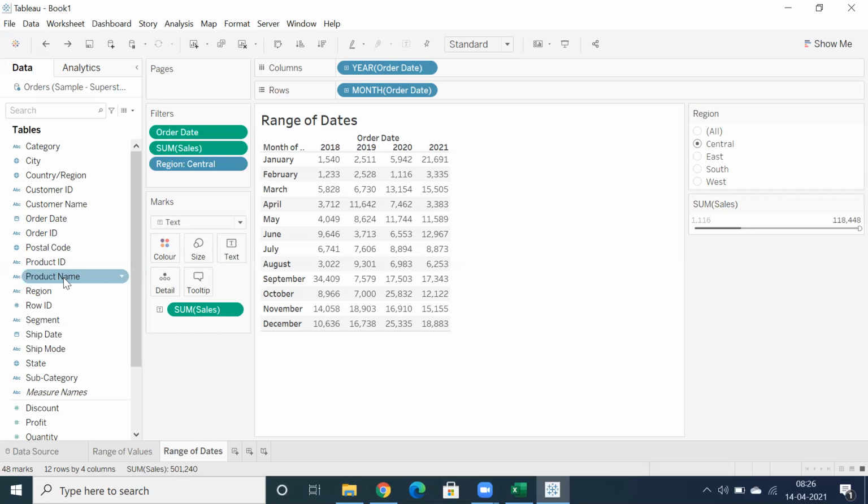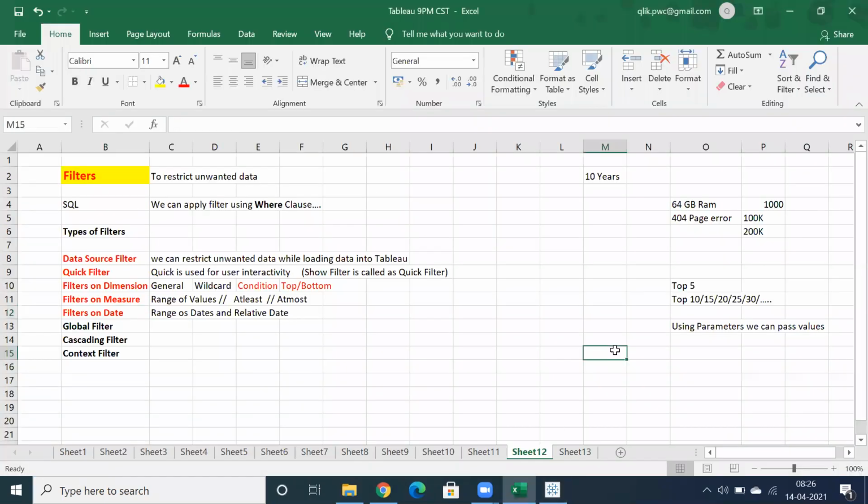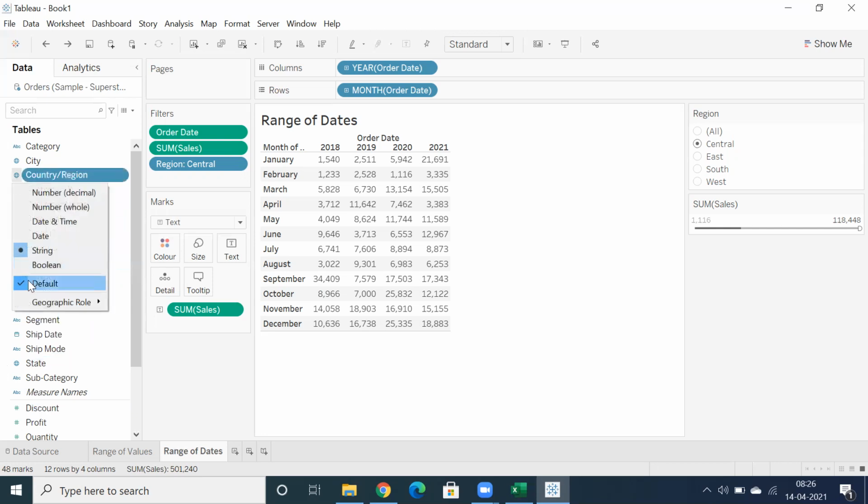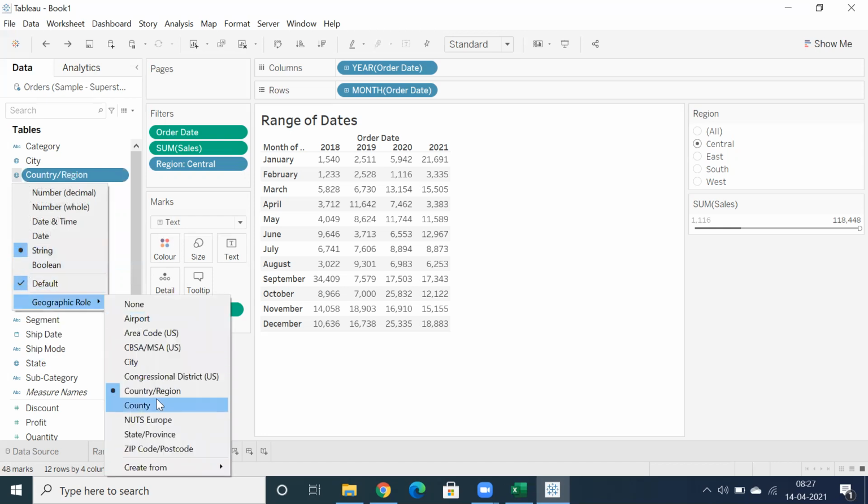Okay. So those are just naming conventions. Yes, that's a data type. Let's say when you type in a number, this is integer. But when you type in decimals, this is float or decimal value. When you type in text, this is string. You understand, right? So similarly, by default, it will also identify the geographical data type. This is a geographical data type. This is string, but the geographical role is identified as country.